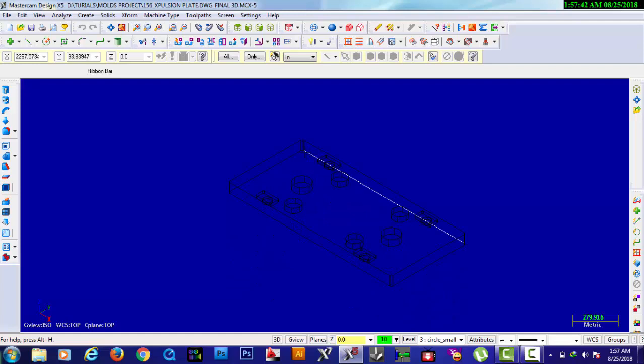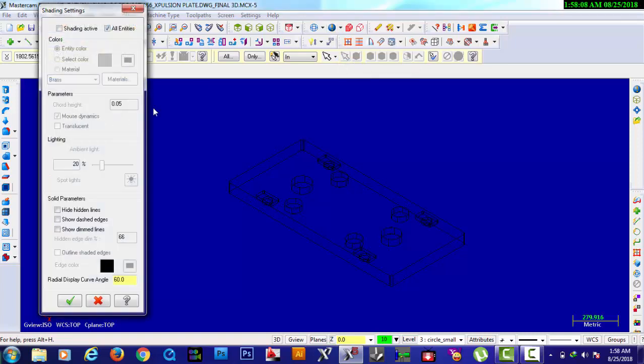Okay. So this is my file. I see it in wireframe. I want to see it in solid view. So I go to the shape, the shaded object, go to shade settings. In the shade settings, click active.